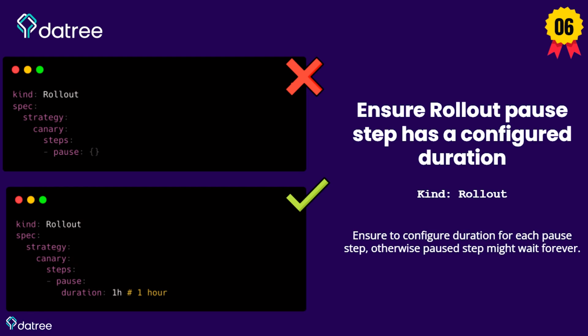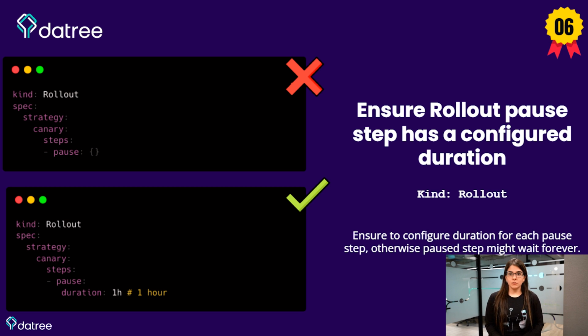This best practice is for Argo Rollouts, and specifically to make sure that every pause step has a duration, because otherwise we're taking the chance that the rollout will wait for us forever. Let me explain. For every rollout, we can configure a list of steps. Each step can be a pause step, which literally instructs the rollout to pause before it continues to the next step. Now, under the hood, Argo controller uses these steps to manipulate the replica sets of the rollout.